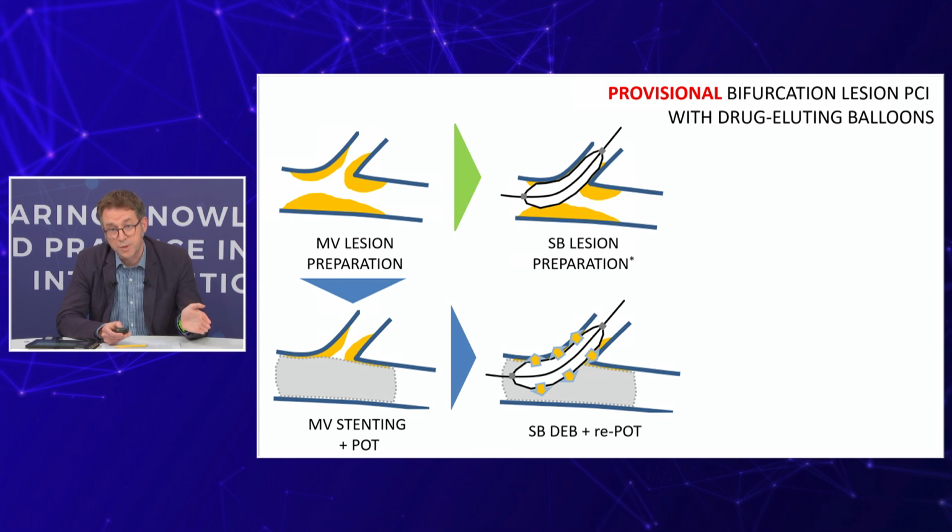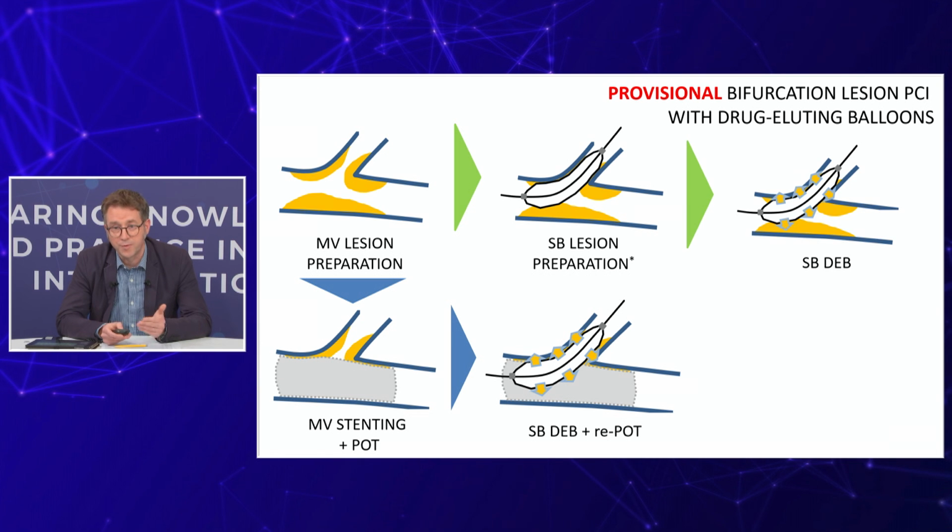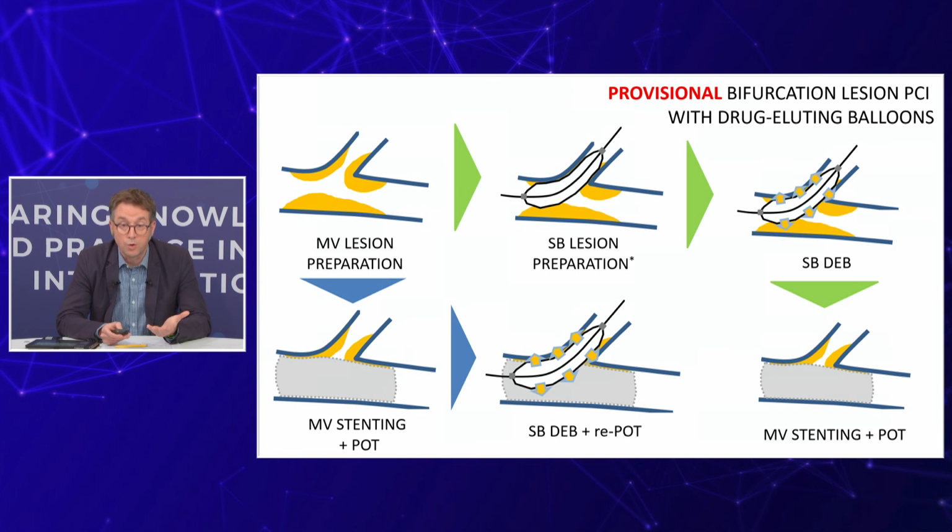Or as Thomas was suggesting, you actually prepare and treat the side branch first with DCB, and then you still have open the option of DCB to the main vessel, or in this stent DCB hybrid approach of then stenting the main vessel and optimizing with POT. So Gabor, do you want to just talk about how you went about this and then maybe show us the